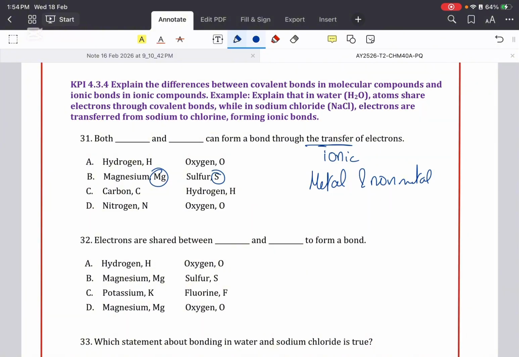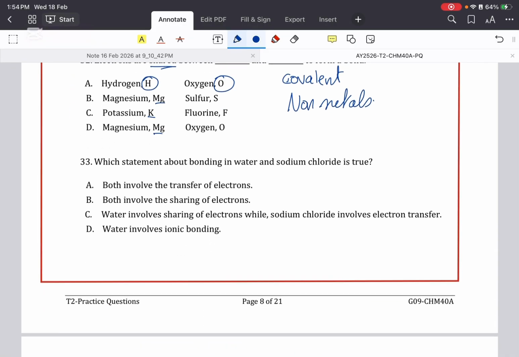When they tell me shared, it means they are talking about a covalent compound. A covalent compound here is going to be between two non-metals. So this is metal, metal, metal. Hydrogen and oxygen are the only non-metals. So shared means we're talking about a covalent compound, two non-metals. Next,